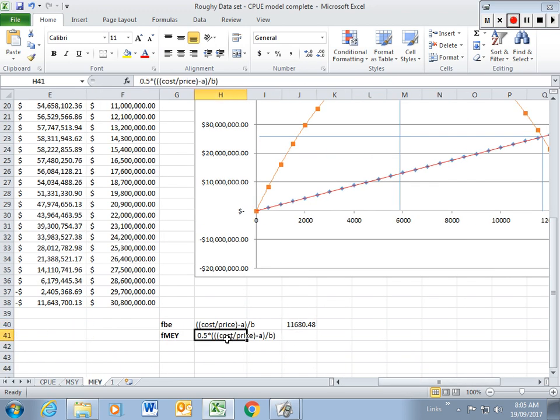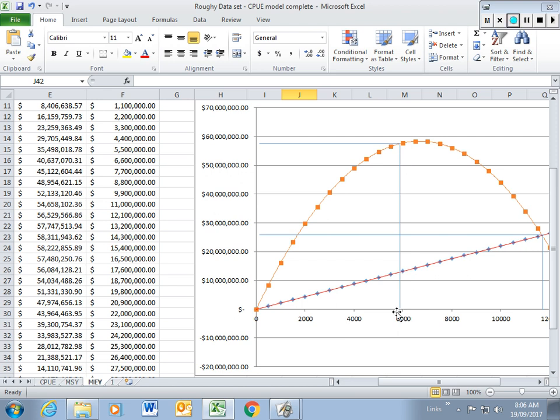Now we don't really have to go back through and do this whole formula the way it has been. Realistically, I can just take this 0.5 and multiply it by that factor there, because that cost divided by price is already done. It's a shortcut to get that formula, but I just wanted to show you what that formula actually is. So the shortcut is just equals 0.5 multiplied by the number that's already been done. And we sit at roughly 5,840 toes,